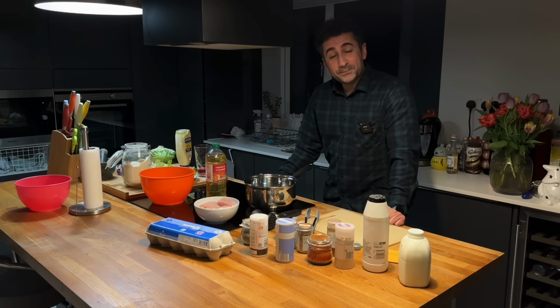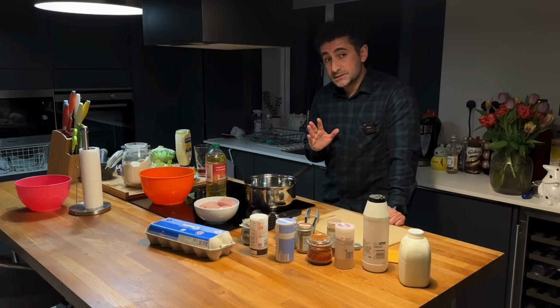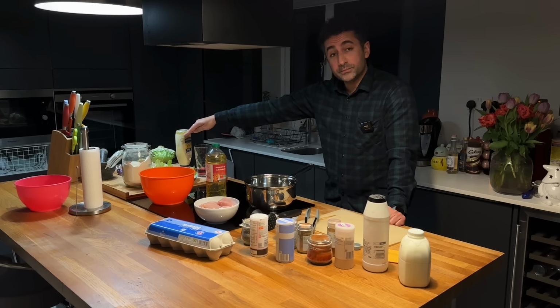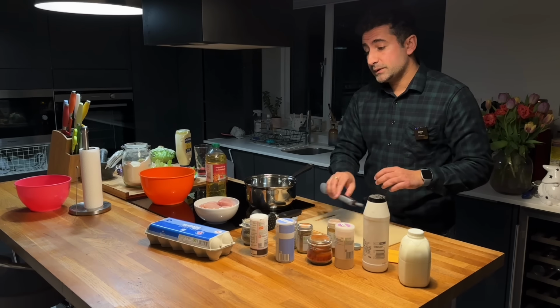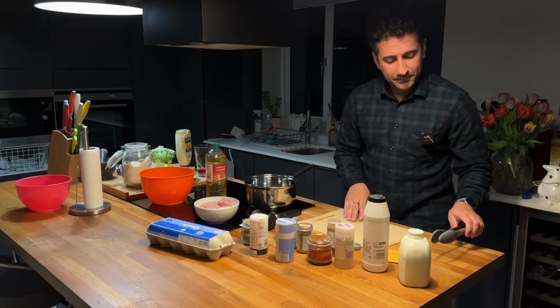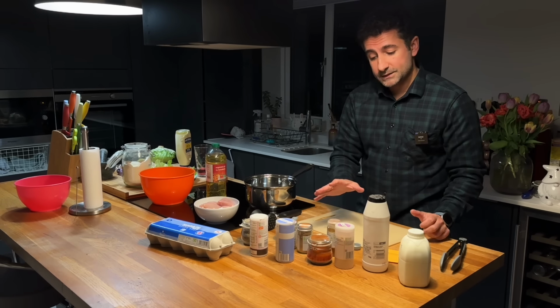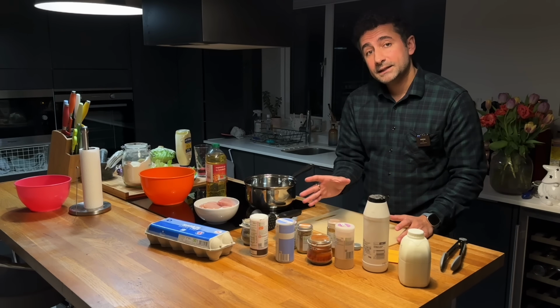Hello again, SRP back at it in the kitchen. I'm going to do some delicious southern fried burgers on some brioche buns, chicken burgers, and then we'll finish off with some homemade pancakes. So most of what you see here is the mixture for the chicken and then the